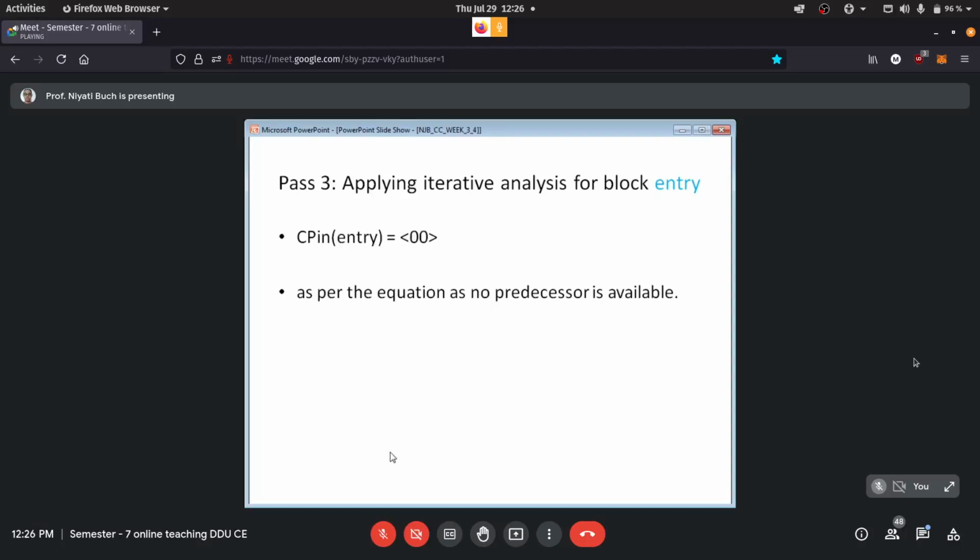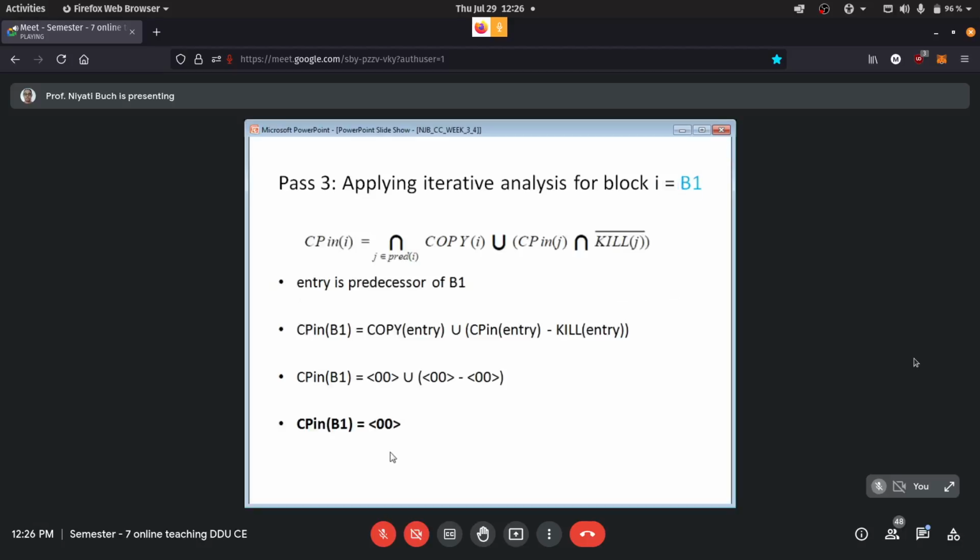In the third pass, again, we will start from the entry block and apply our iterative analysis. Now CP in at entry has no predecessor, so nothing to do. Now we will take block B1. When we take the values, we take them from the second pass.